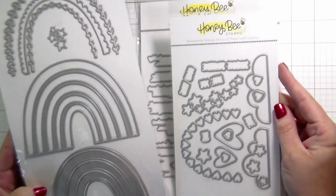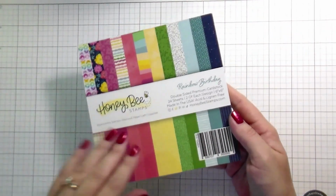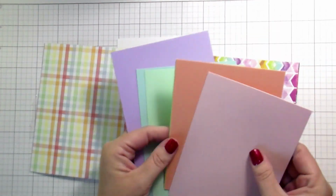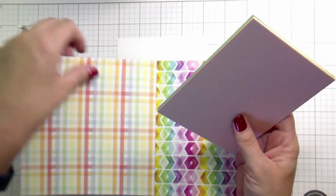Today we are using the Bundle of Joy Honey Cuts, the Inside Welcome Baby Sentiments, and then the Rainbow Dreams and Rainbow Accents, and Rainbow Birthday, because look at this plaid, how adorable is this? So I picked out some colored cardstock that matched my plaid because I'm going to be doing a little rainbow